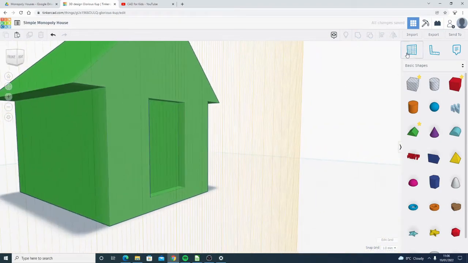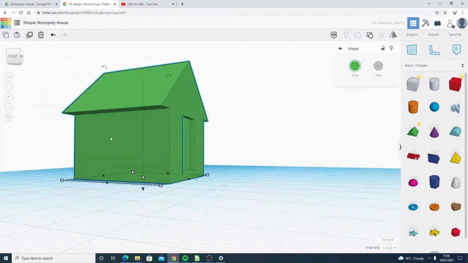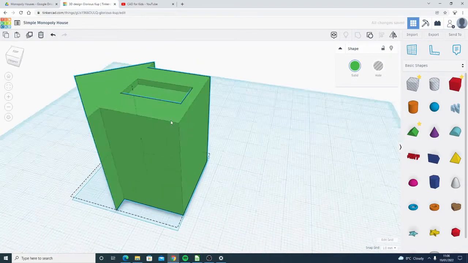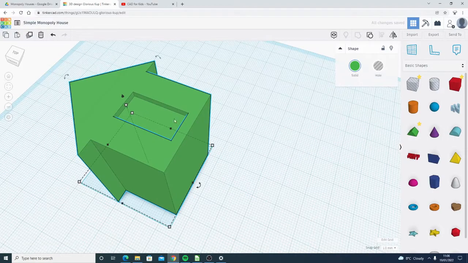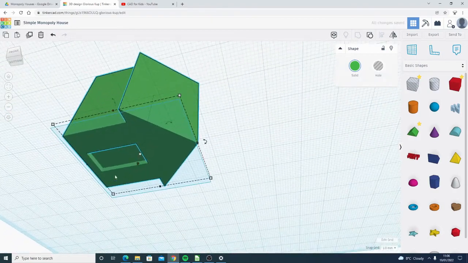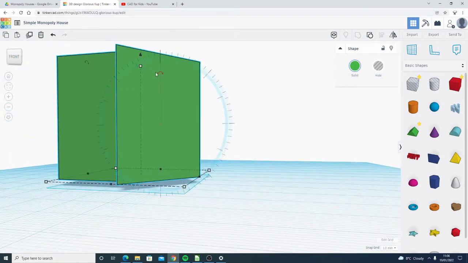Now, if I was to print this, I would not print it this way. I would print it so that the door is facing upwards, because then you've got no overhang problems. If it's done the other way around, essentially all this area here, where you can see if we turn it around 180 degrees, that is basically all a big overhang, isn't it? So it would be trying to build supports there, and it would struggle. It would look a bit messy. So that's why I'm going to do it